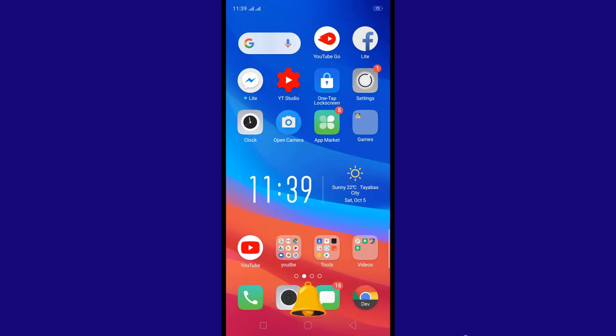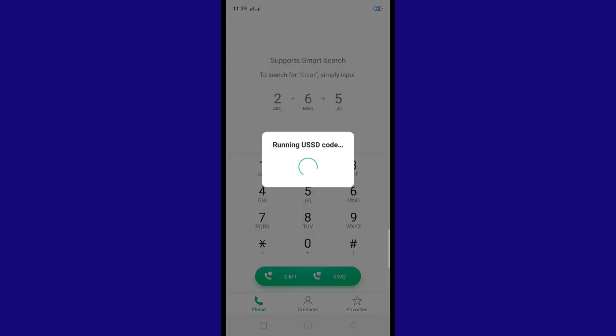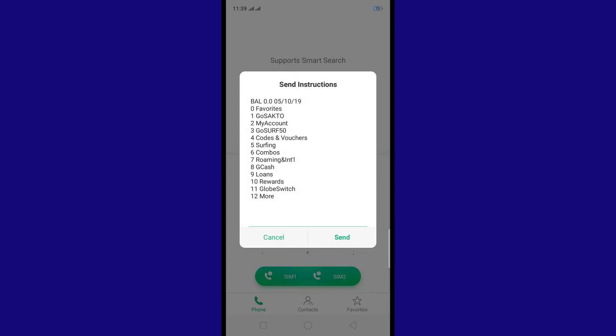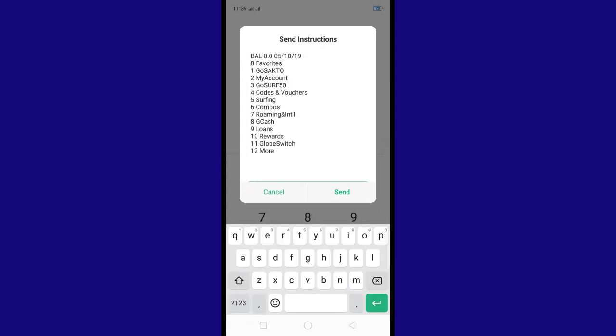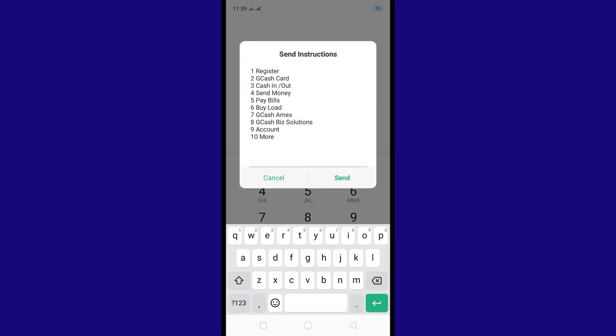So this is a very easy procedure, so let's start. Okay, the first thing you can do is dial asterisk 143 sign number, then call, and select the Gcash, so number 8, type 8 and click send, and select buy load, type 6 and click send,